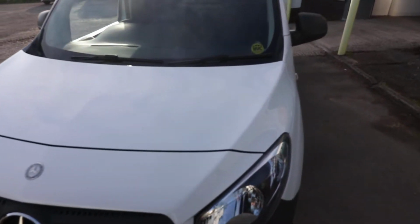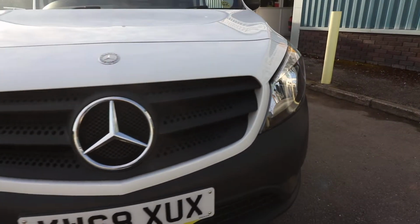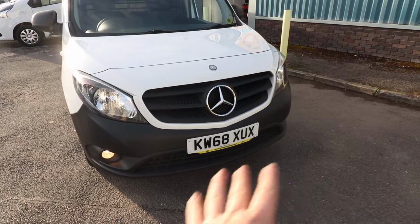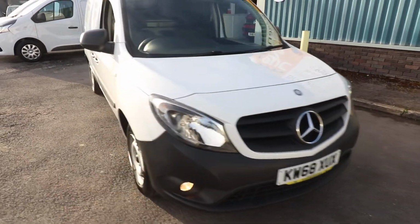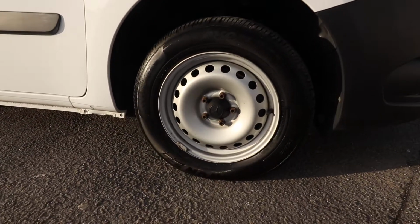Looking then at the bonnet, it's all looking very nice. I usually like to say, sort of to cover ourselves, there's some stone chips on the bonnet, but I must say that's looking very, very clean and tidy. There may be the odd stone chip here or there, but I must say I'm struggling to find many here at the front of the van. It's looking really clean and tidy. We've also got front fog lights on here as well, and of course the steel wheels, the 15-inch steel wheels